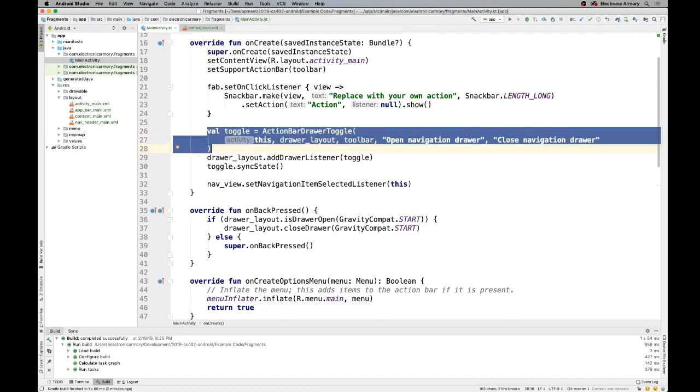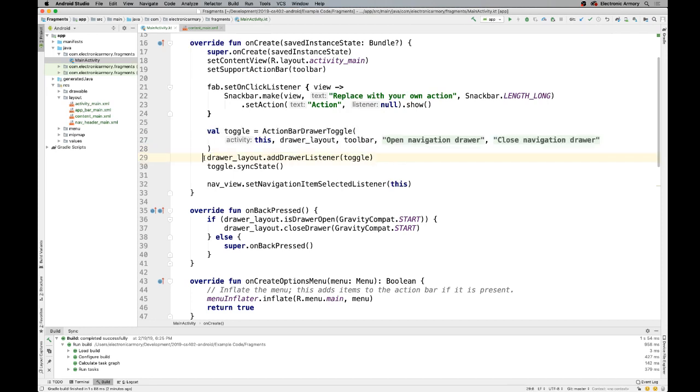The next thing is a toggle. So there's a toggle button, and that's going to actually activate our drawer that comes out from the left-hand side. So it's a pretty simple line of code there, but that's what that does. If you hit it again, it dismisses it. Add that to the drawer layout, and then